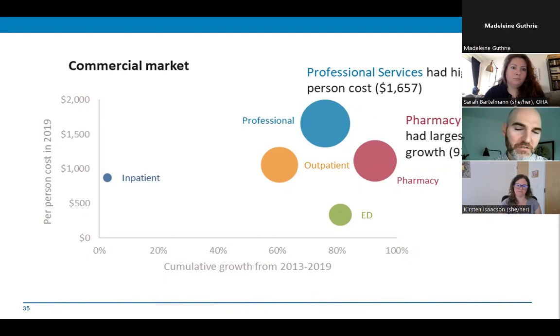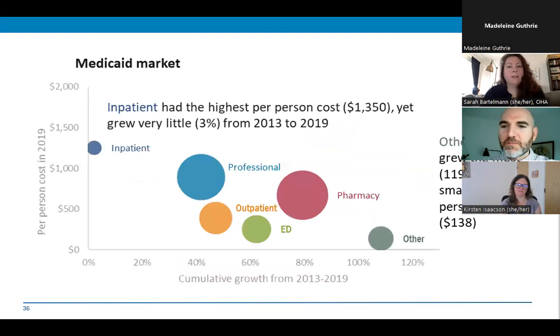So takeaway, professional services were the highest cost. Pharmacy was the highest cost growth. And in terms of overall cost drivers, professional services followed by pharmacy in the commercial space. Let's move on to,